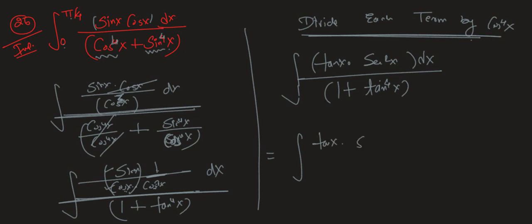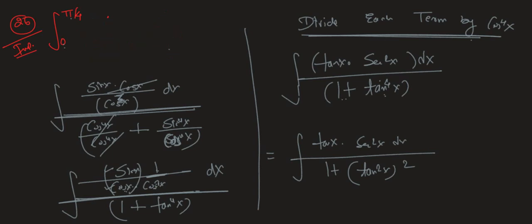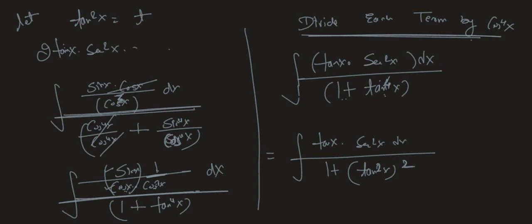Okay. Now anybody will think. So what we can do is sec square x dx. 1 plus this can I write tan square x whole square. Is it possible? Correct. What I did is power 4, I have written square of a square. Okay. So can I write that tan square x is t? We are just assuming. Differentiate both sides. So it will be 2 tan x sec square x dx is dt by chain rule. Derivative of tan square will be